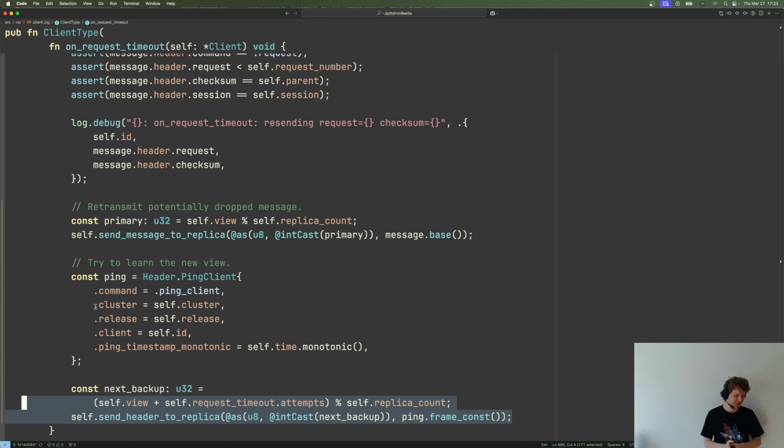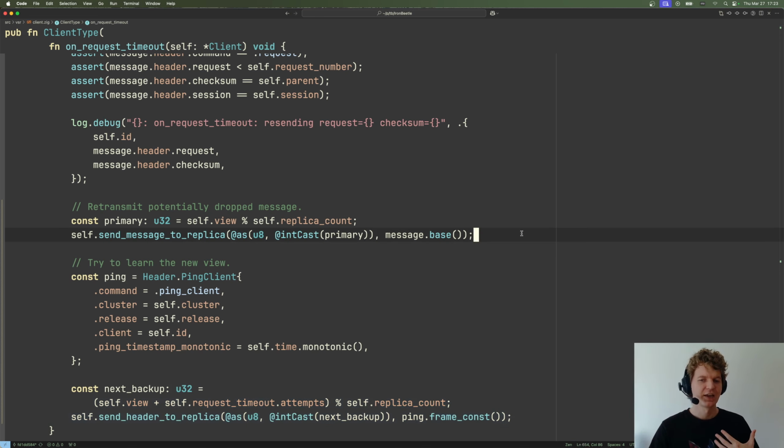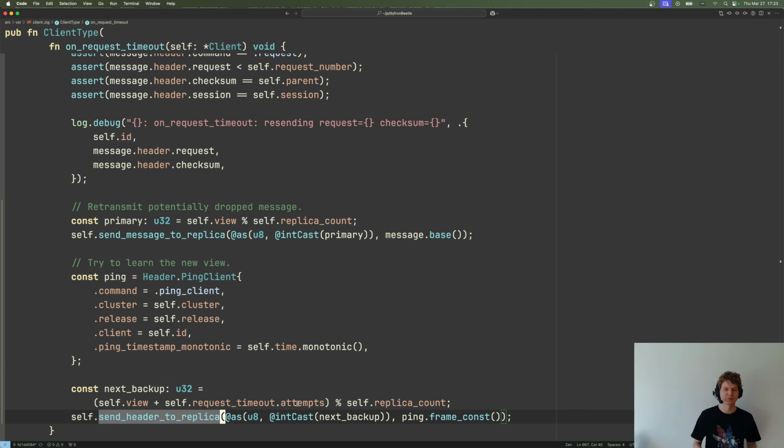So basically, there are two reasons why you didn't get a message. Either the message itself got annihilated, and then this retry will save you, or there was a view change. And then this ping will respond with a pong, which lets you update the view. So by the next retry, you actually will be retrying against the true primary